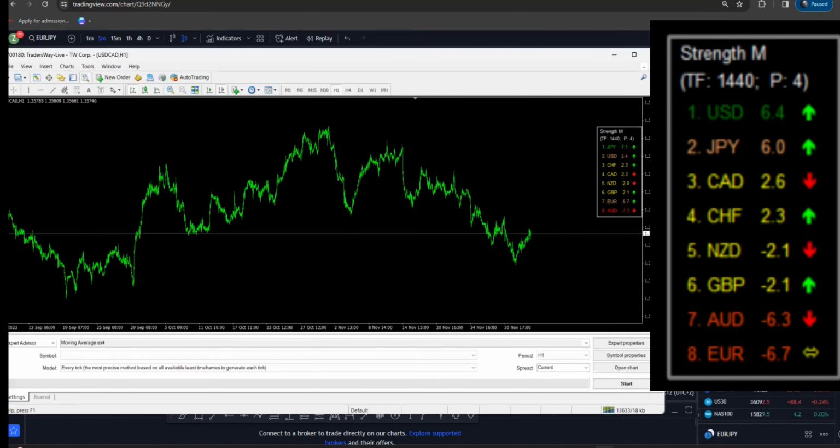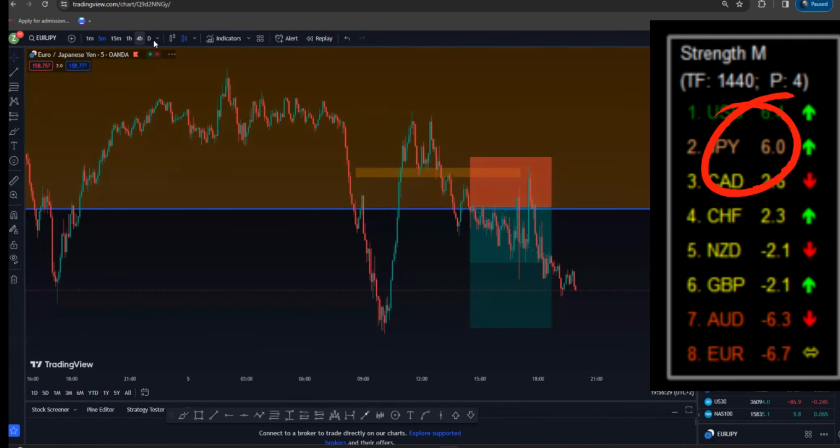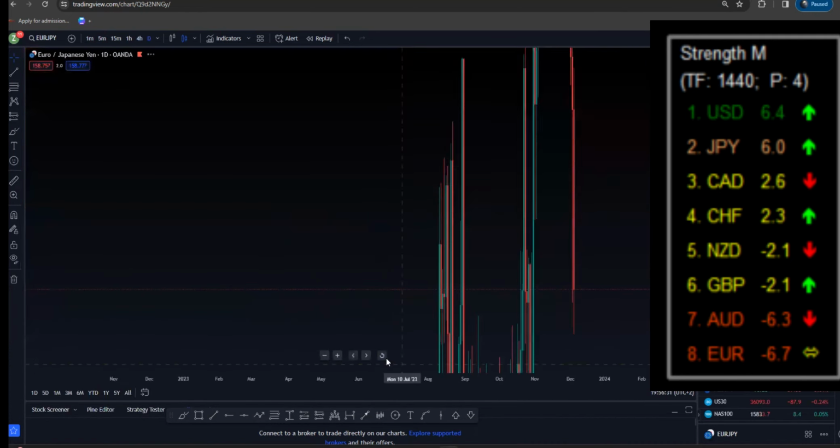We got our direction from this indicator. Euro is bearish, as you can see. Now we're sitting at 6.6, and then JPY 7.1, positive 7.1. So we have a direction there. We have a clear direction to the downside. Starting on the higher time frame,